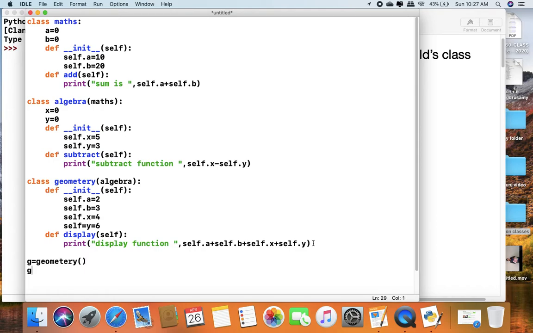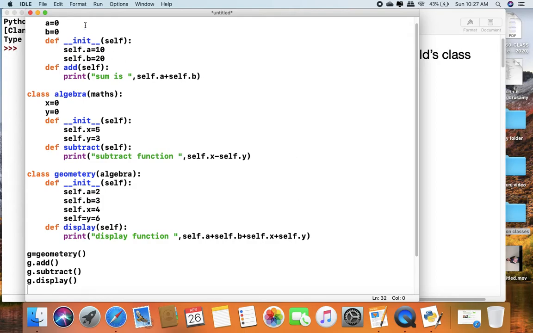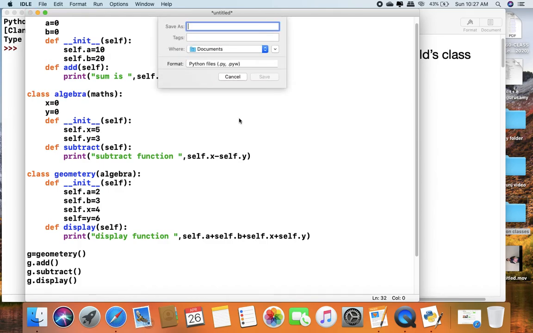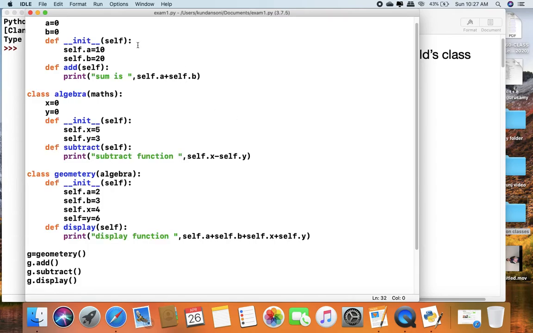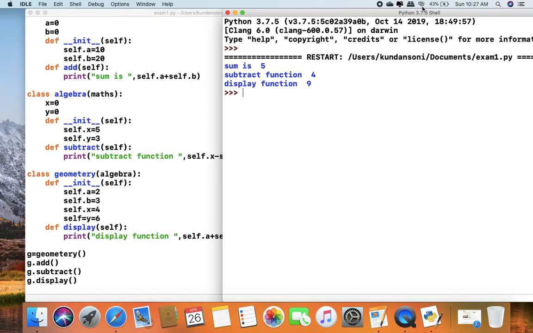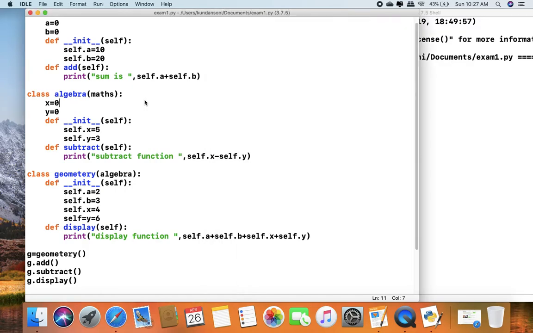First I call g.add, then I call g.subtract, then I call g.display. So first I save the program. Now I am going to run. So the output is there. First we learn the program, then we will understand.